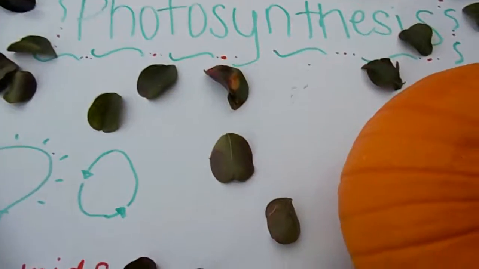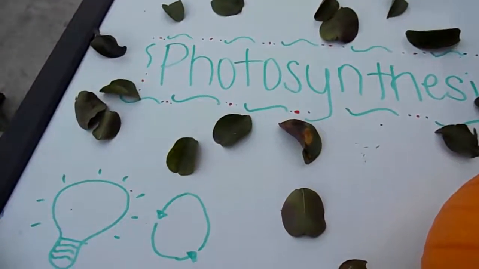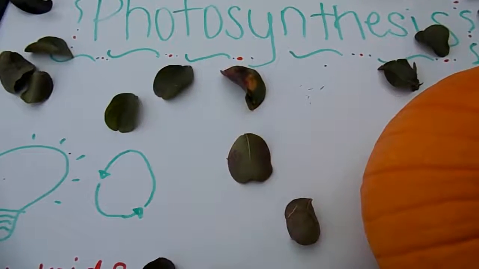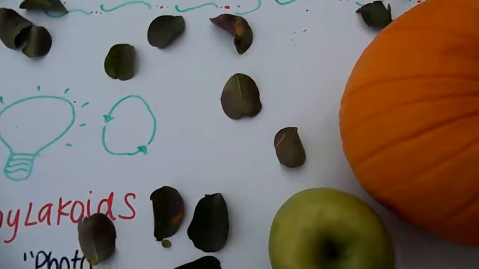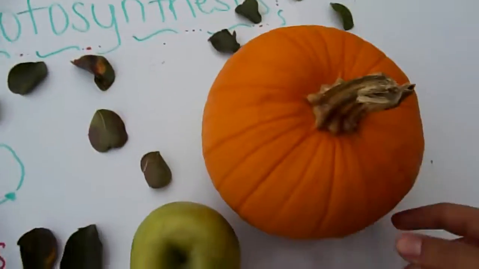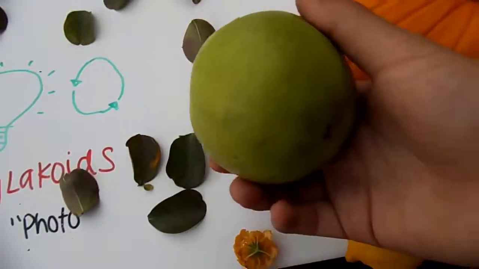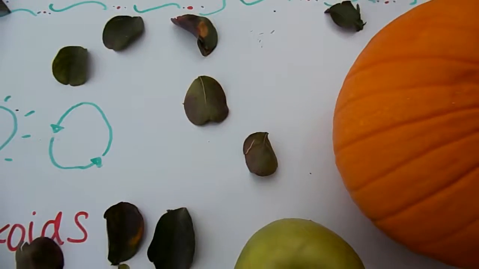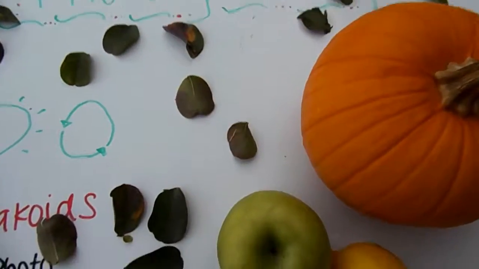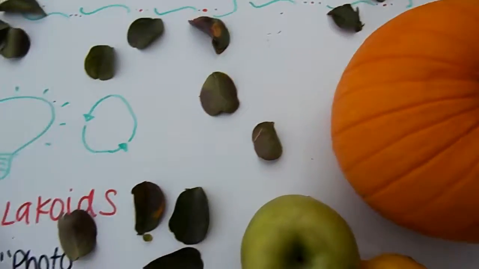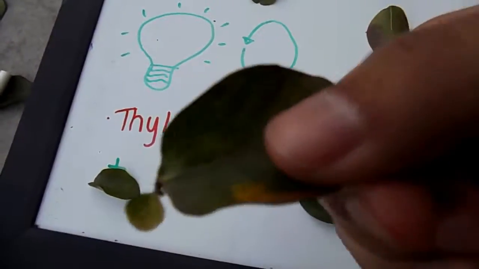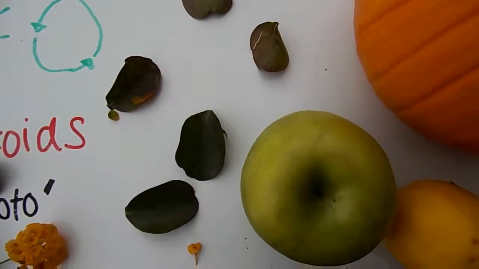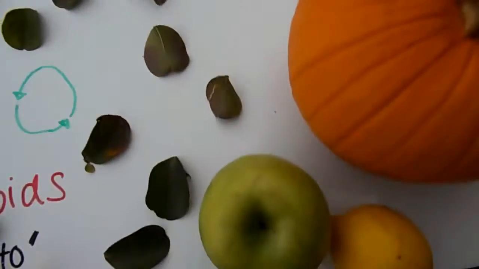So with photosynthesis, we get light, and the light turns into energy and then converts into chemical energy, which is food. For example, this pumpkin we can eat to make pumpkin pie, or this apple, or lemon to put on tacos or whatever. Anywho, after it converts into chemical energy, we intake it, and then with some plants, for example, leaves off of trees, or this tiny little flower right here, it converts carbon dioxide and then releases oxygen so we can